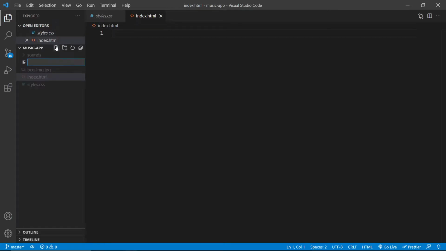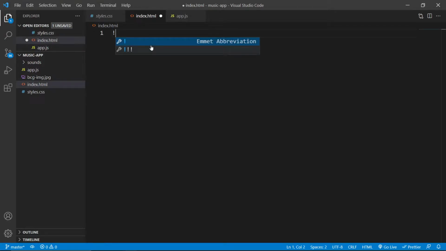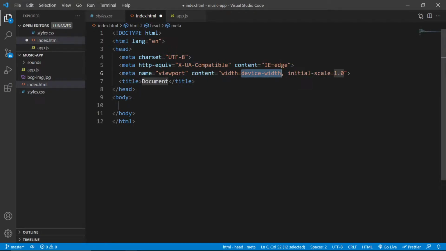index.html and then app.js. In the index.html file, I will create a boilerplate using shift and 1. So we get this exclamation mark, and if you press enter, we get this nice little boilerplate. Let's rename the title to music app. Let's have an h1 with a title music app,